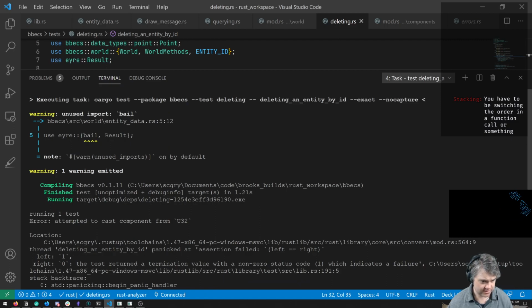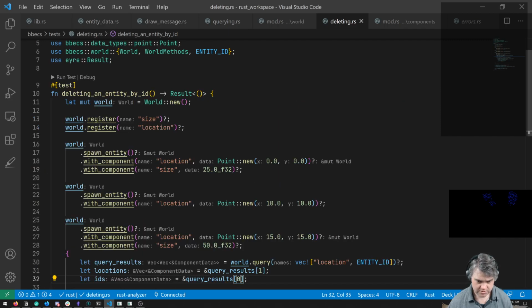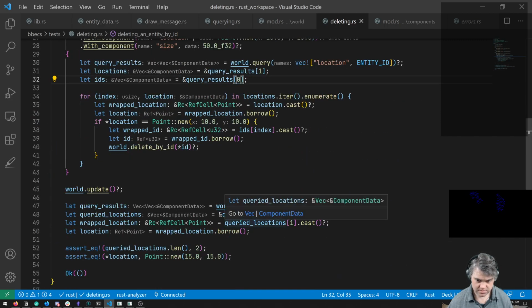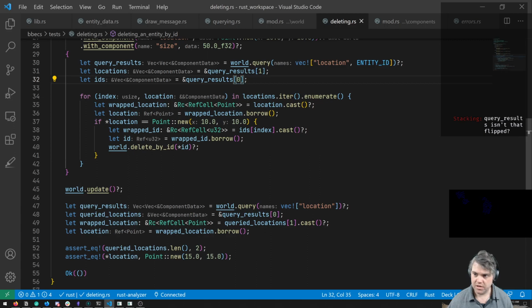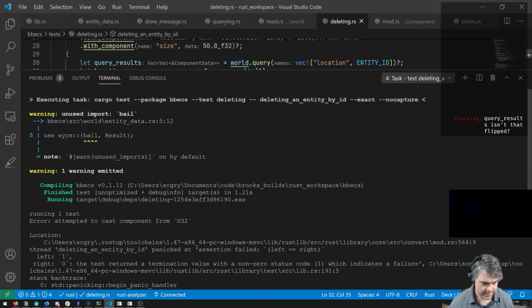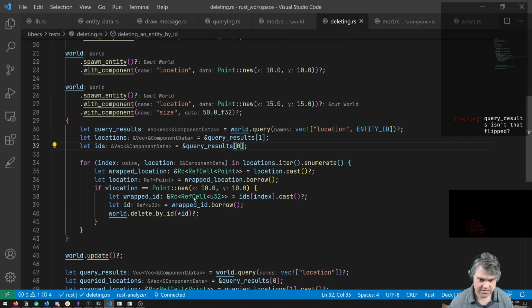Cast components from U32. What line is that? From U32. So that's this one right here.